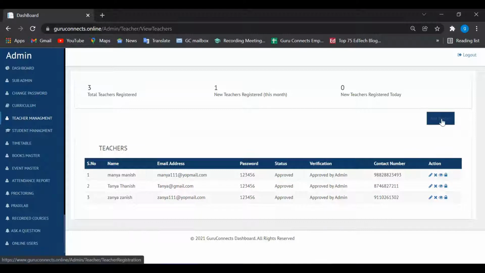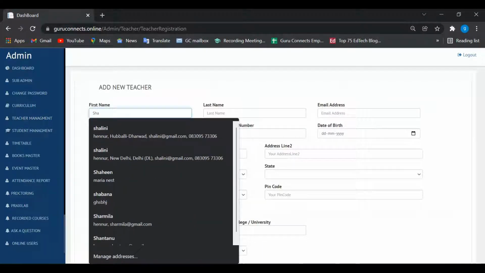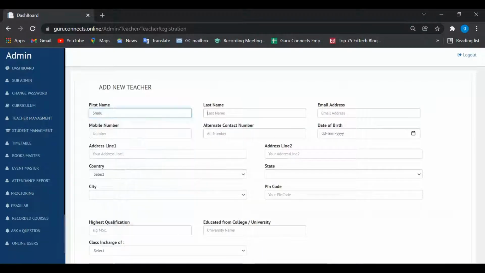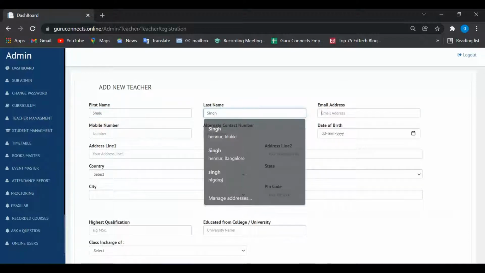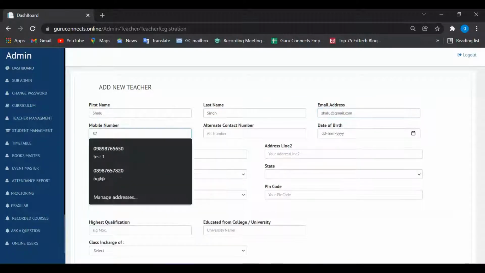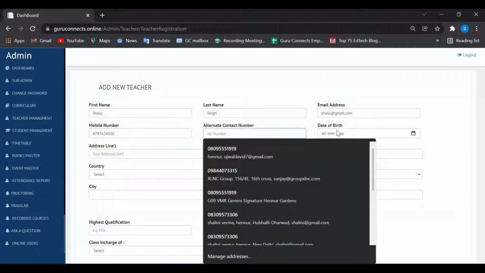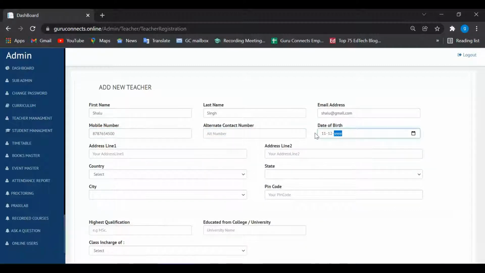So let me show you how a teacher is added. So you have the first name of the teacher. You have email address, mobile number, date of birth, give it as 11/12/1989.